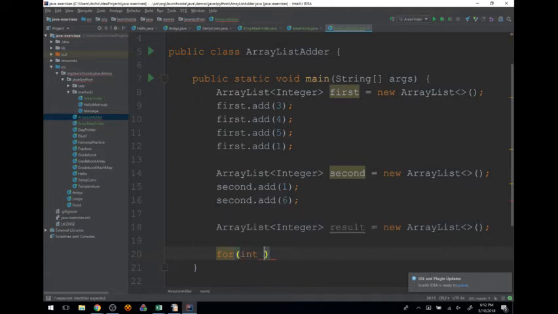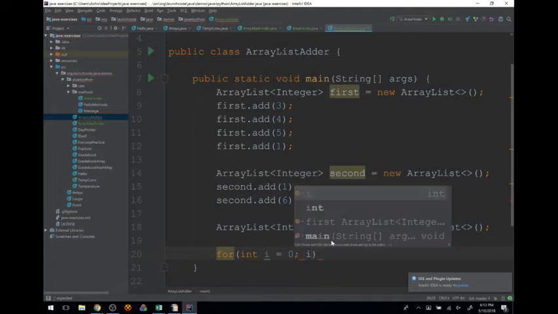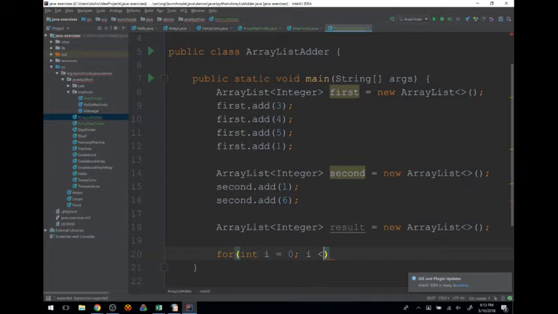So I declare the type of i and set it to 0. We call that the initialization of my loop variable, right? The second part is, so this is, I heard, i less than